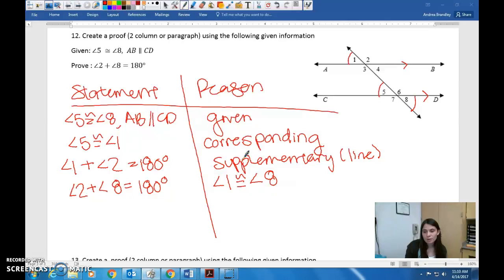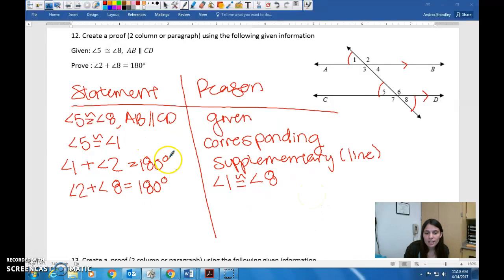If you prefer to write it in a paragraph, that's totally fine. You would do it very similarly. You would say something like, if angle 5 is congruent to angle 8 and AB is parallel to CD, then I know angle 5 is congruent to angle 1 because they're corresponding angles. And I know that angle 1 plus angle 2 is equal to 180 degrees because they're on a straight line, which means they're supplementary. So then angle 2 plus angle 8 must be 180 degrees because angle 1 is congruent